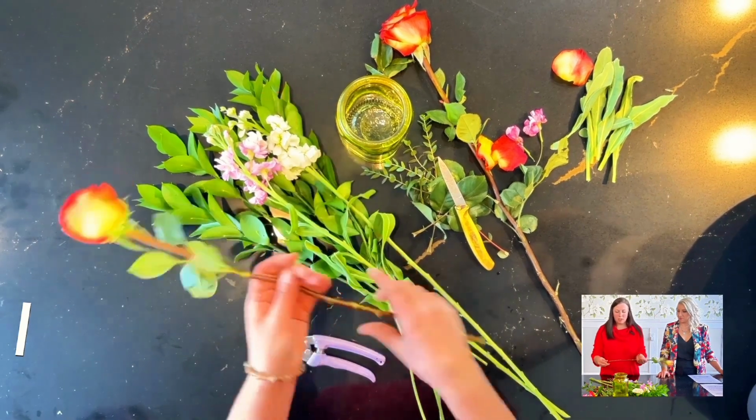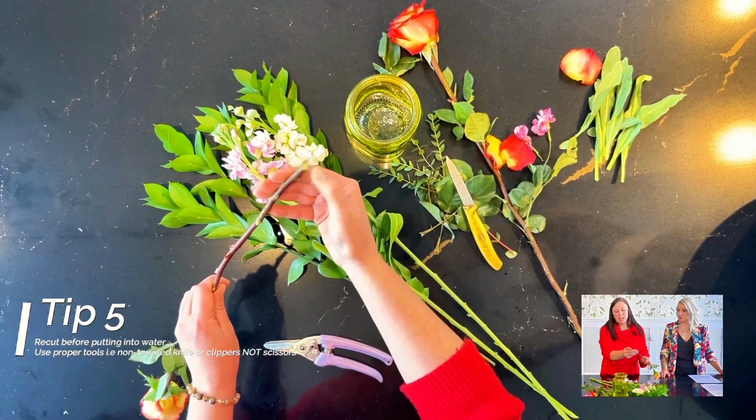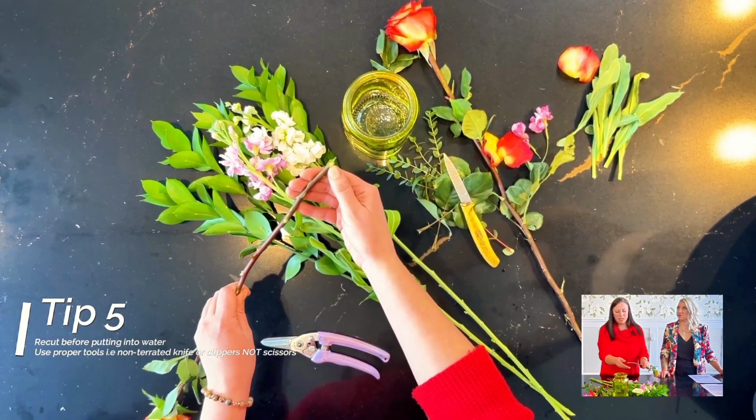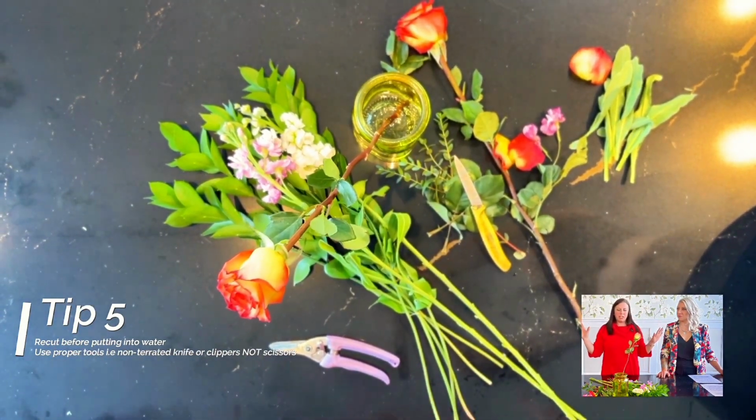The most important step with your flowers is the recut before going in the vase. So when your flowers have been sitting out of water for a period of time, the stem is exposed to air. So this stem is going to start sealing up. So if I just place that in the vase and I don't do anything to it,